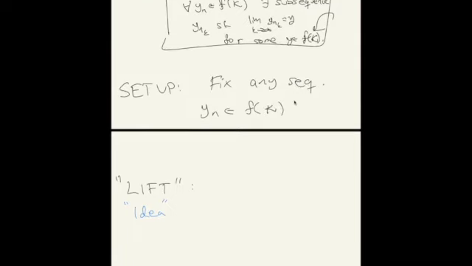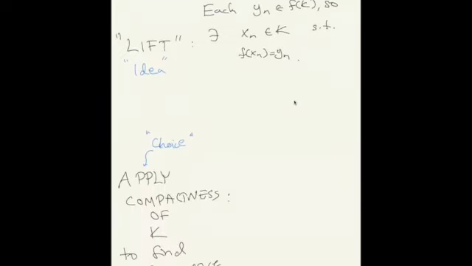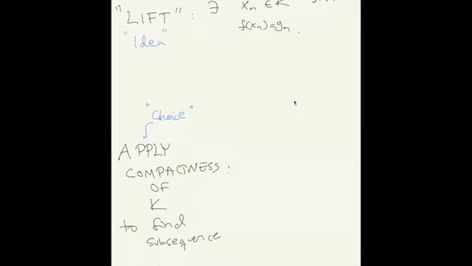Now, what do I mean by lifting? Each y_n is inside f(K). So there exists an x_n in K. For each y_n, there exists a different x_n, and that's why we introduced this index, so that f(x_n) is equal to y_n. So this constructs a sequence in K. Now, we have to apply the compactness somewhere, but now that we have a sequence in K, that puts us in a good place. So since K is compact,